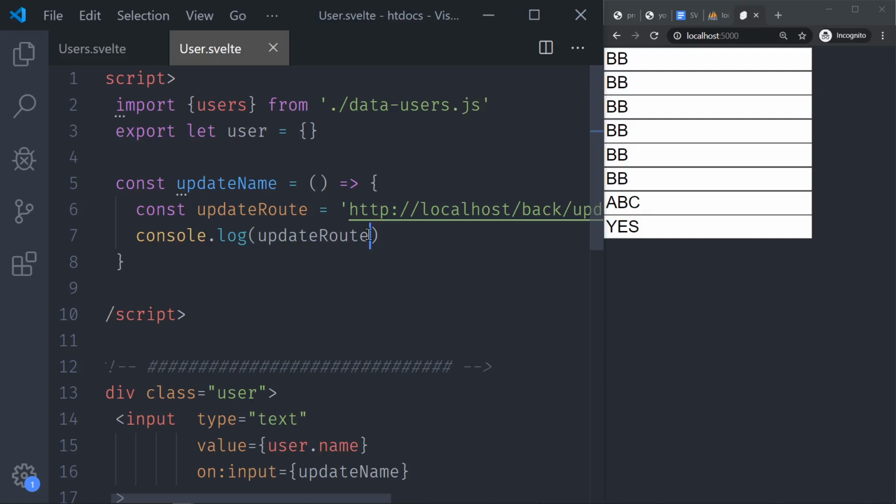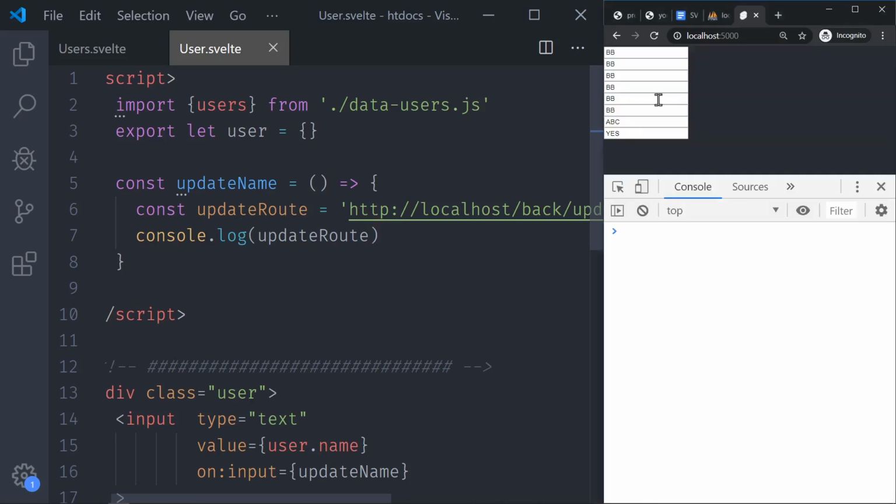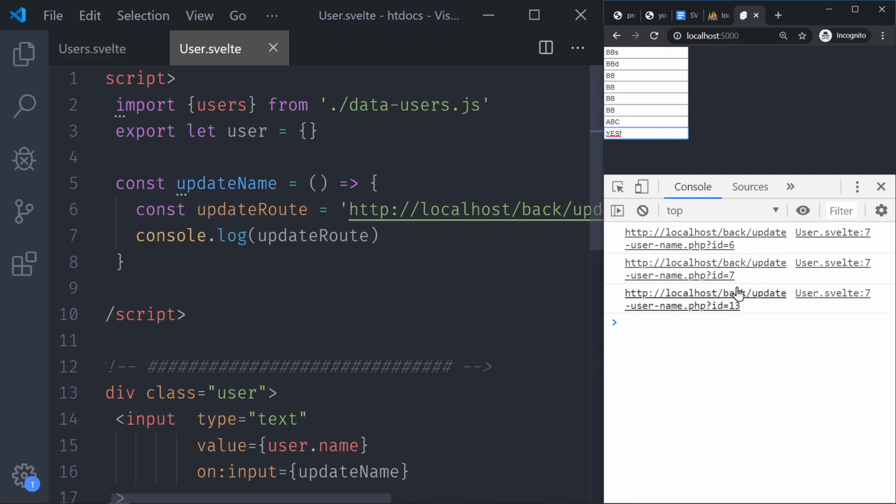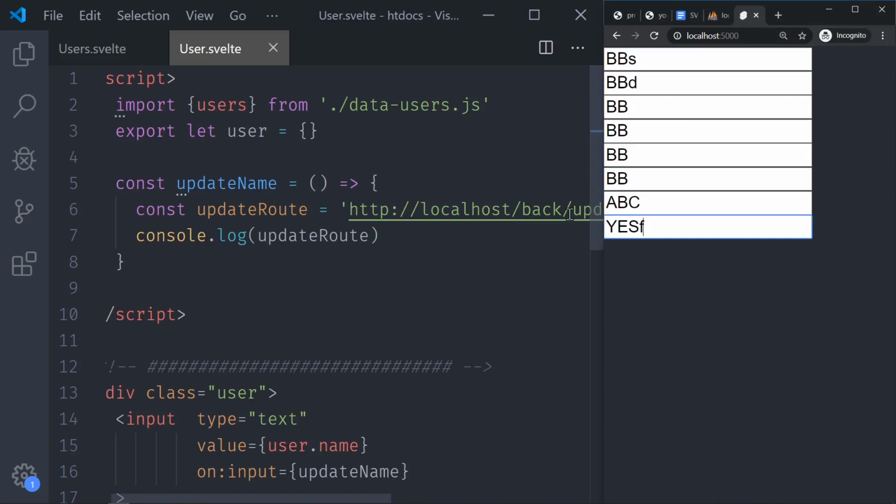Save it. And this will be triggered every time I input something in a text box. I input, you can see that's ID 6, ID 7, let's jump to, yes, ID 13. So that's the route I'm pointing to. But that's not enough. I already have the ID, but I also need to actually pass the data that comes